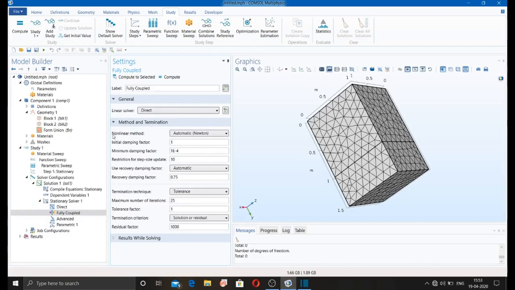If your problem shows that the maximum number of iterations has been reached, then you can change the iteration number from here. Just go to the fully coupled, method and termination, automatic, so constant,